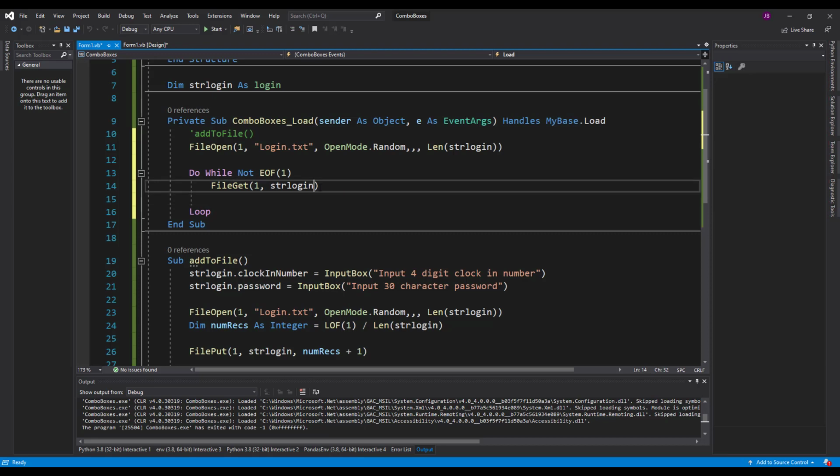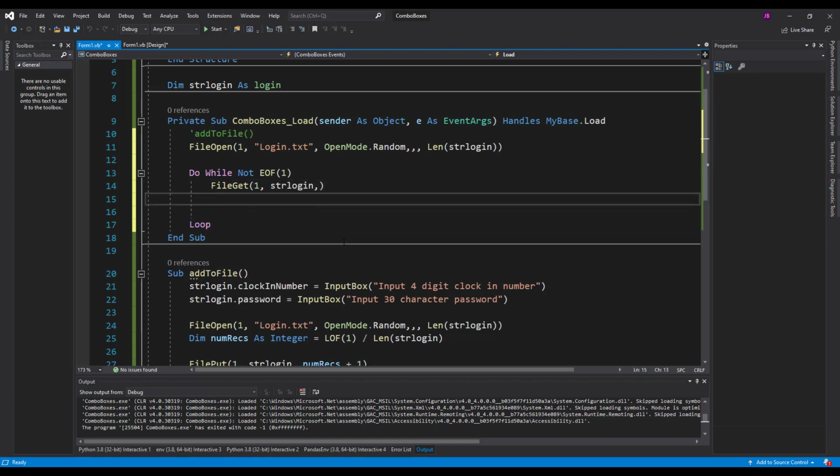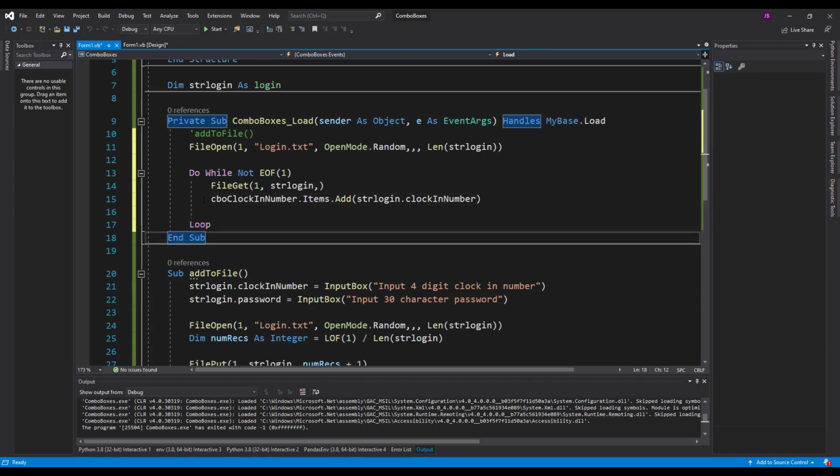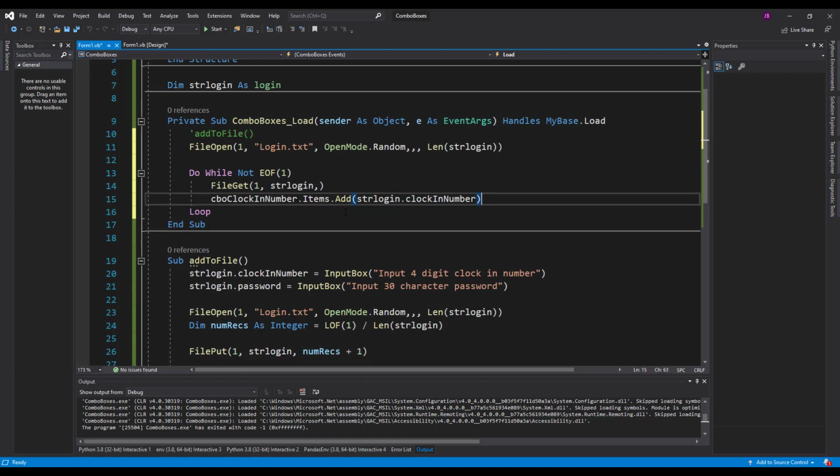I just need a comma after that. If I leave this last parameter blank, it's basically going through and iterating itself. So I don't want to give it a specific number in there because otherwise it'll jump to that record using random access. So then I need to say my combo box clocking number dot items dot add followed by str login dot clocking number. So that is the code there to populate my combo box with all of the records